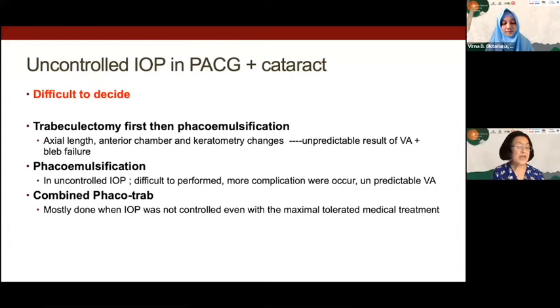After trabeculectomy, it has been reported that axial length and anterior chamber depth decrease and keratometry measurements change,